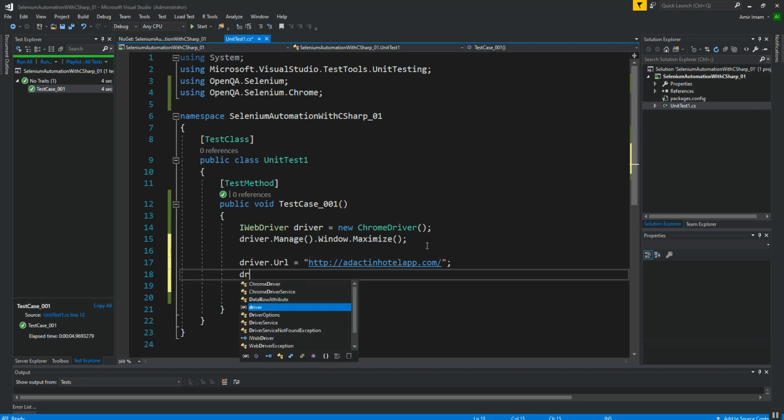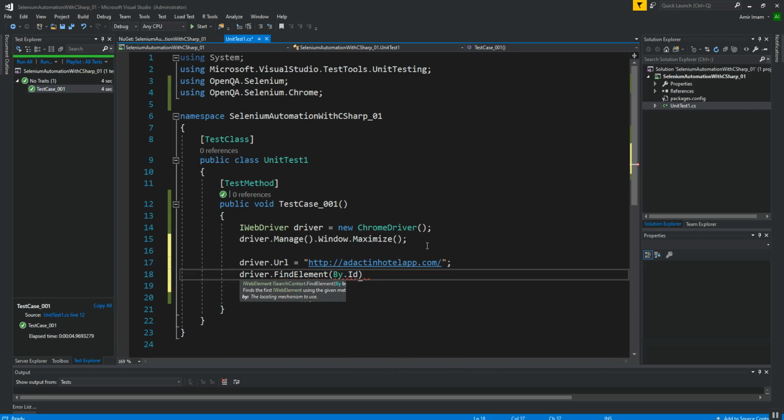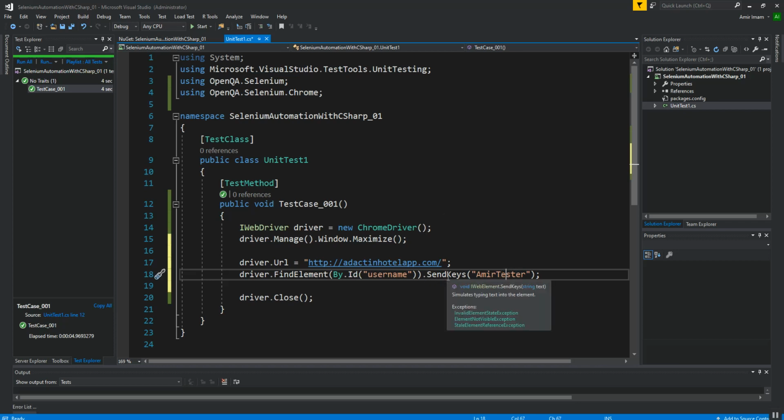Then I'm going to find the element by using driver.FindElement(By.Id) with the ID username, and then SendKeys. SendKeys is used to enter any text in editable controls.